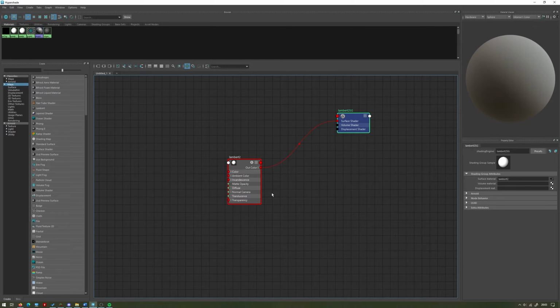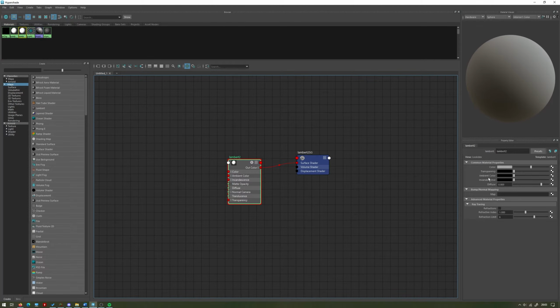You can see what's connected to what, and you can move these around. Regardless of where you move these, if you wanted to organize this and make it tidy, you can see that this out color is still connected to the surface shader of this blue box here. And with this material selected, on the right-hand side, you can see we have a few different things to change